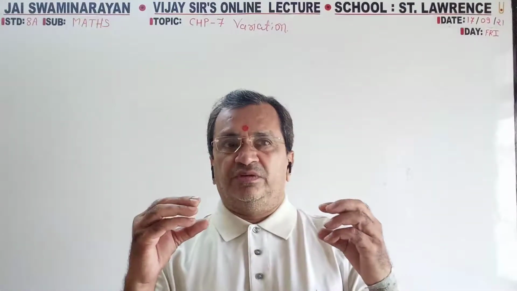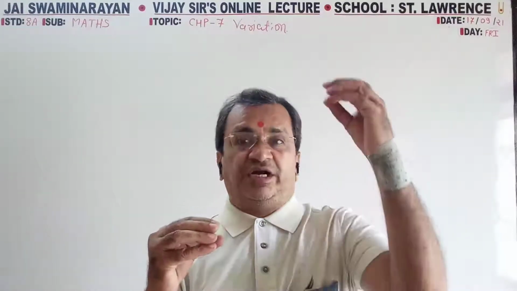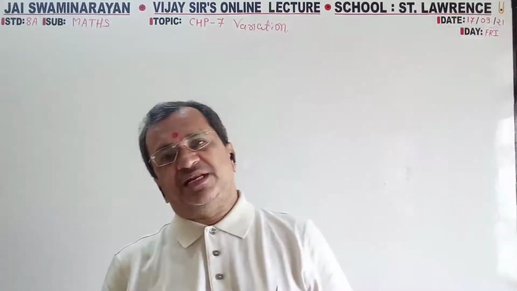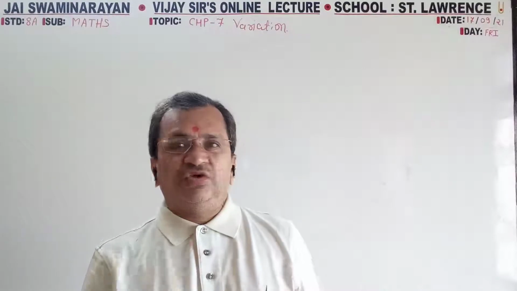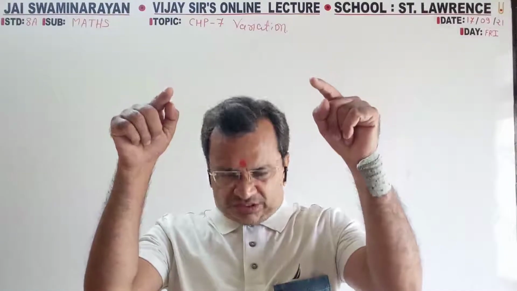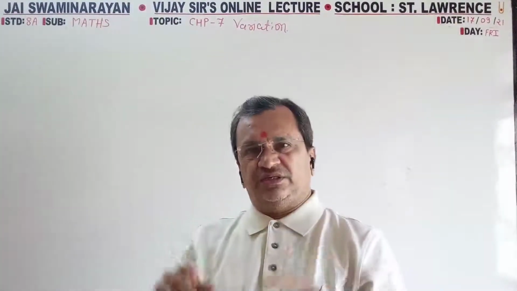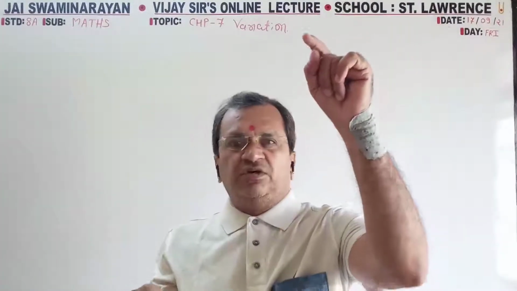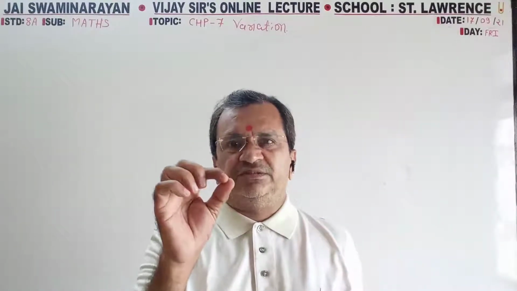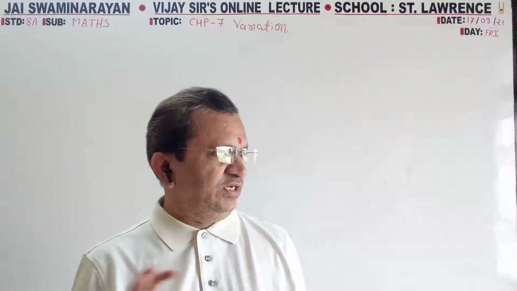Sometimes two numbers are inversely dependent on each other. One increases, the second decreases. If the first decreases, the second increases. That is inversely proportional. So variations are of two types. When both simultaneously increase or simultaneously decrease, it is known as direct variation. One increases, second decreases; one decreases, second increases. Ulta pulta. That is inverse variation, inversely proportional.